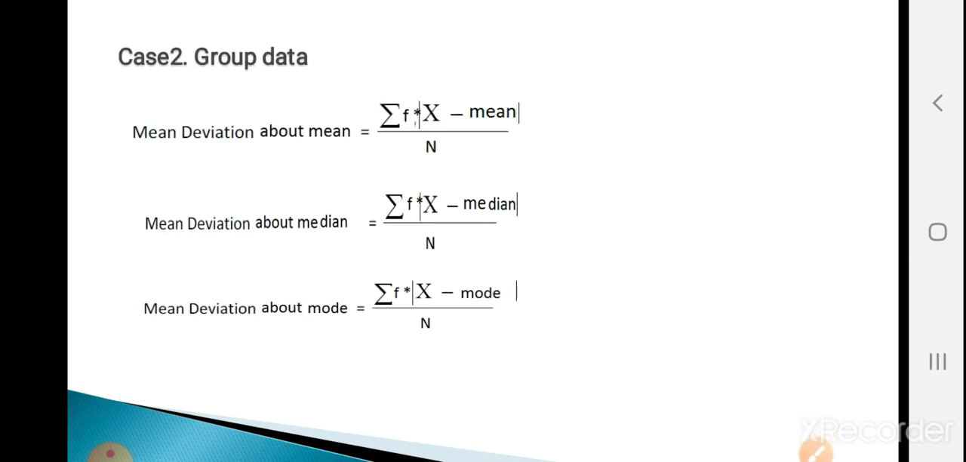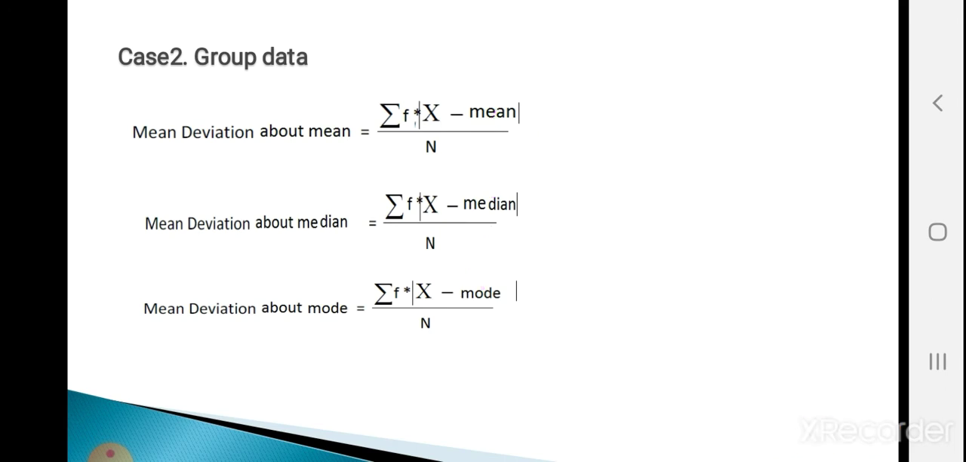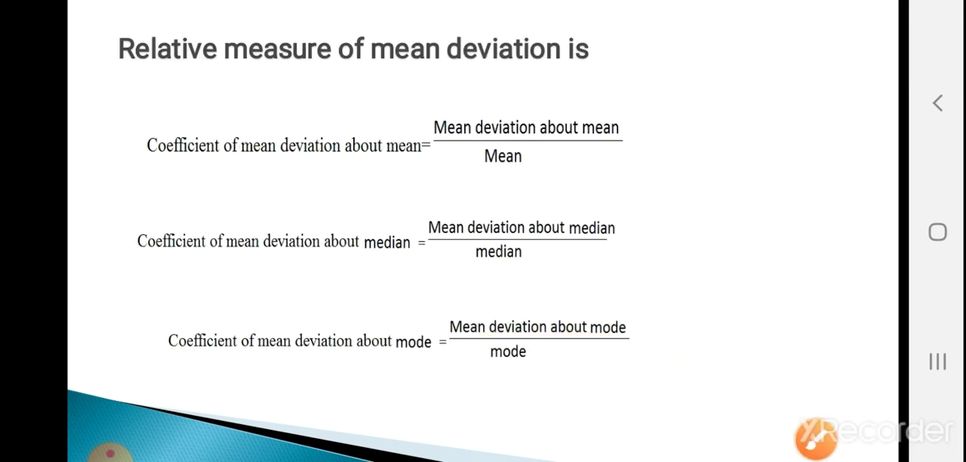So what is the formula for calculating the mean deviation about mean, median and mode for grouped data? The mean deviation about mean formula is summation f into mod of x minus mean divided by capital N. Then what is the formula for calculating the mean deviation about median? Instead of mean, just write down the median. So summation f into mod of x minus median divided by capital N. Then mean deviation about mode, just write down the mode instead of median. So summation f into mod of x minus mode divided by capital N,